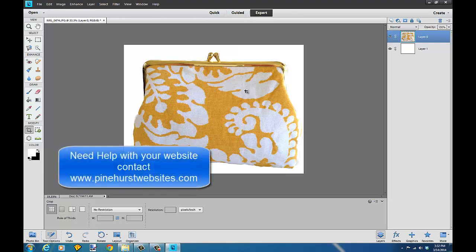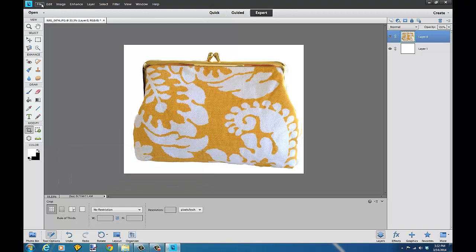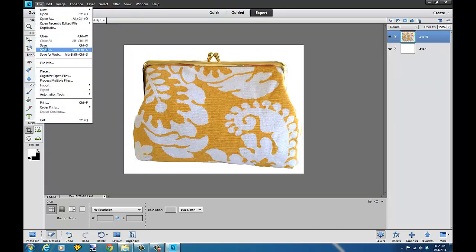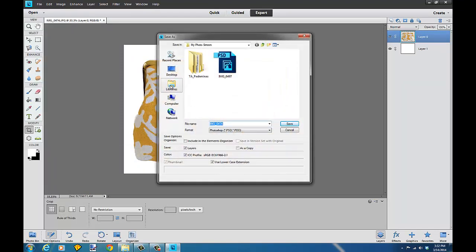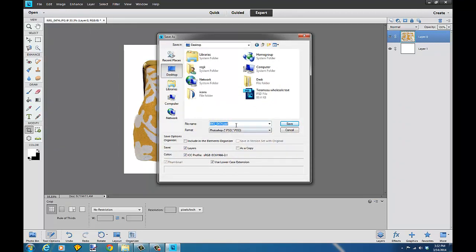And this is one other little tip for SEO. When I do File, Save As, I'm just going to save this one to the desktop, but I want to save this as a JPEG to put on my website. I'm just going to call this Yellow Flower Clutch Purse. I've already got that name, but what this will do is when Google is crawling my web page, they are going to be able to read the name of the images,